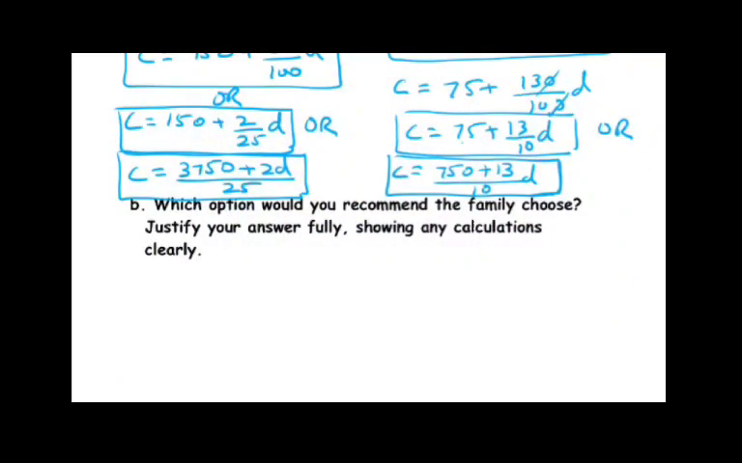The B part reads as, which option would you recommend the family to choose? Justify your answer fully, showing any calculations clearly. So, well, children, the suggestion or recommendation will totally depend upon the distance. If the distance is short, you could go ahead with the second option. If the distance is long, vice versa. So there's nothing that can be recommended. However, you will answer this question like the recommendation